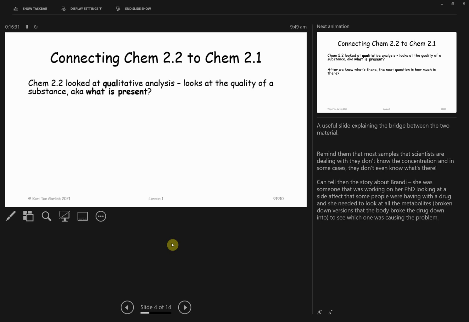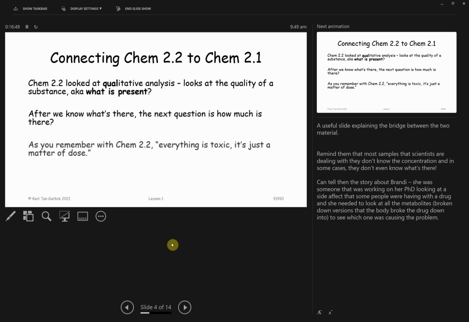We just finished up Chem 2.2, which is qualitative analysis. Basically, we were asking the question, what do I have? What's in this liquid? What is present? After we have an idea of what is there, our next question is, how much is there? Two very key questions in any sort of scientific research. If you remember, in Chem 2.2 you had your little essay component, and if you're trying to get the excellence, you need to really talk about dosage and concentration,